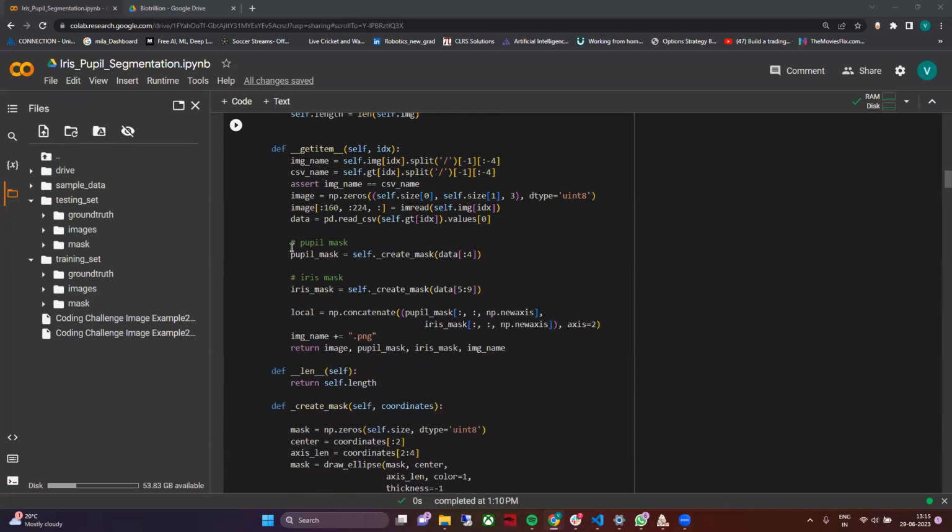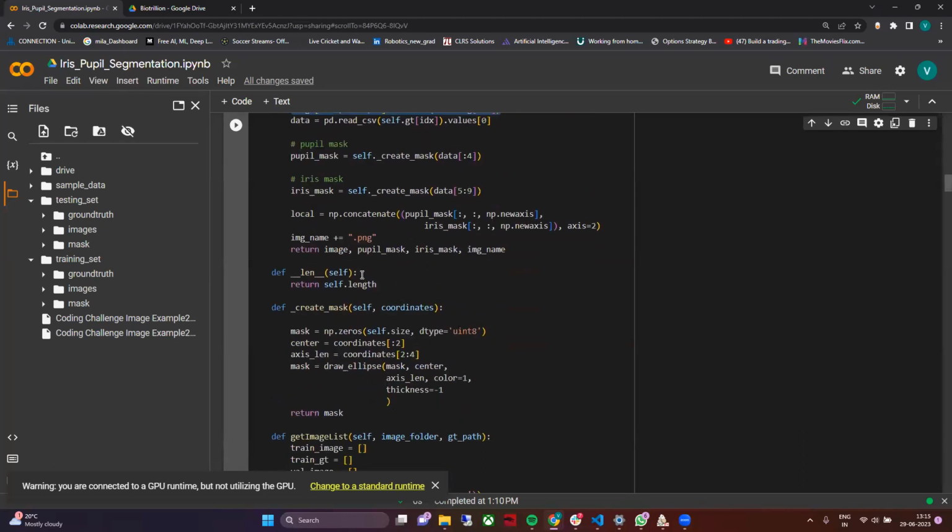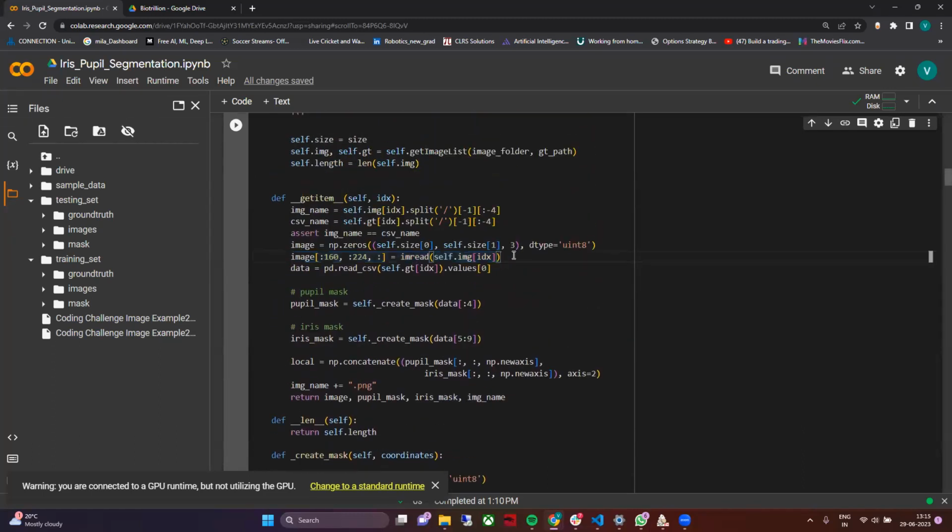So coming back again, it'll create the image in the particular size that you're asking for. The actual input image is of the size 120, 160 cross 224. But based on the backbone, I might want to add some more pixels. For example, if the image is of the size 160 cross 224 and I want 224 cross 224, I'll patch a black image. I'll patch zeros and make it 224 cross 224. So this is that particular step, and then I'll read the CSV, get the coordinates, and create the pupil